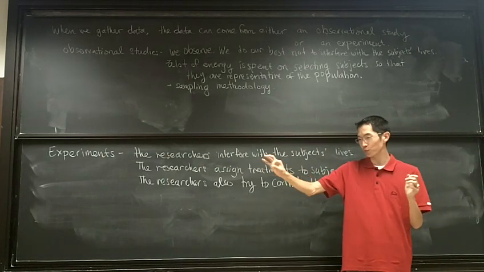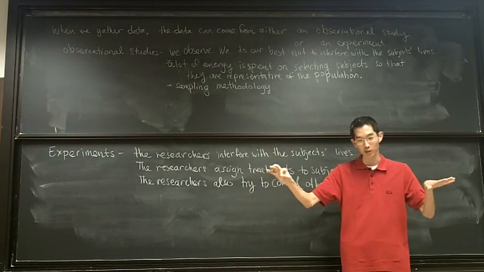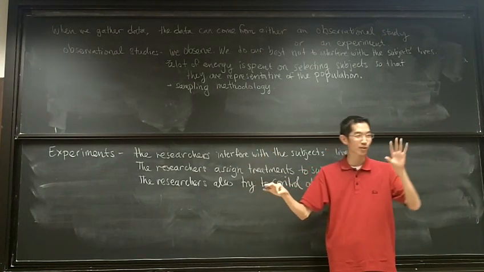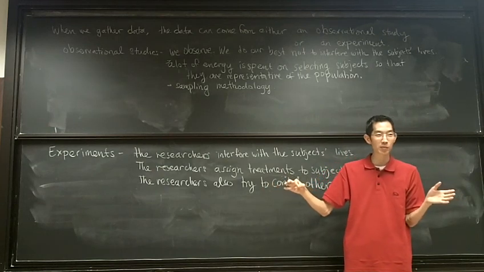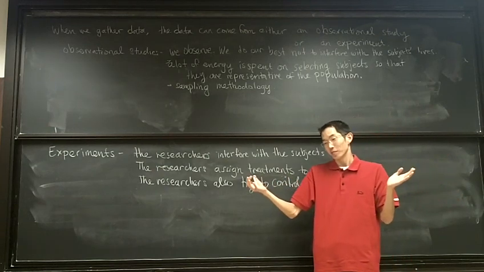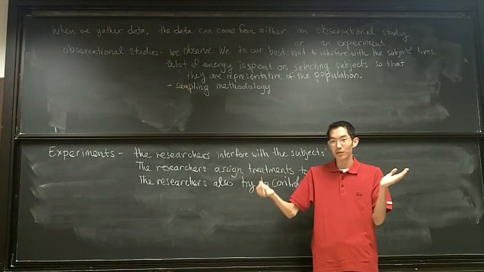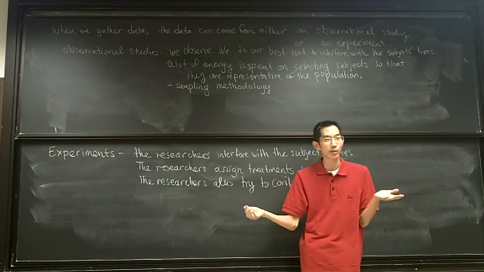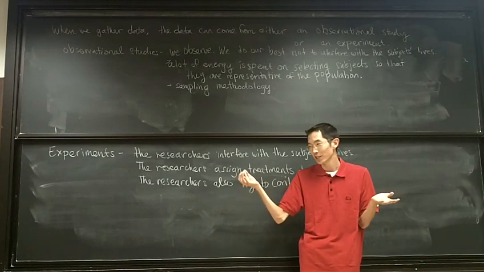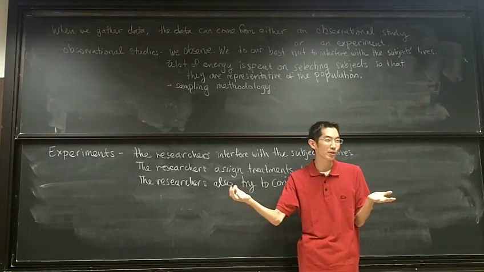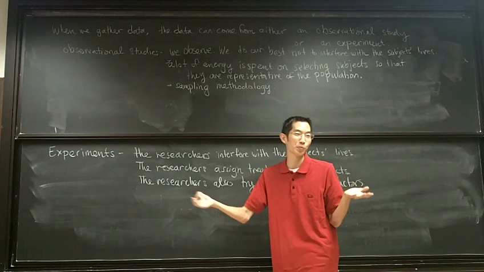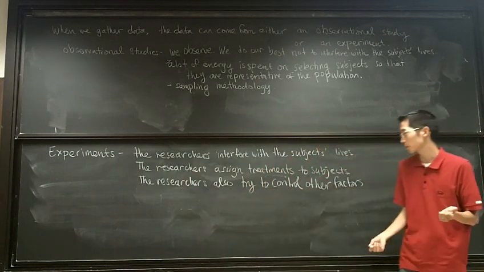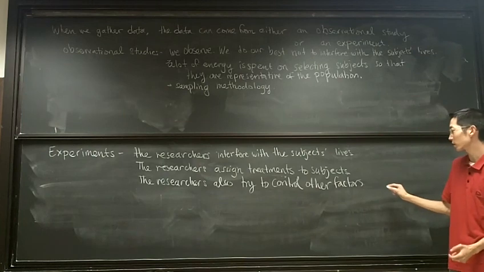If they're giving this group the drug and this group the placebo, but it also turns out that everybody in this group is smoking and this group is not smoking, okay, when they make findings at the end of the study, they won't know if the differences are because the drug is working or because of people smoking. There are more people smoking in this group than in this group. So they try to control other factors